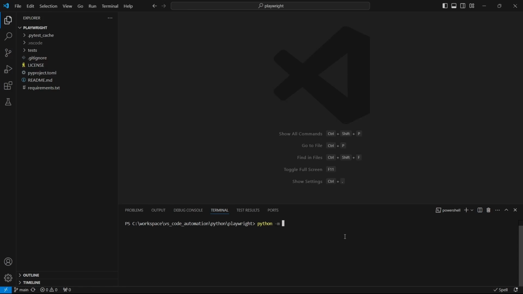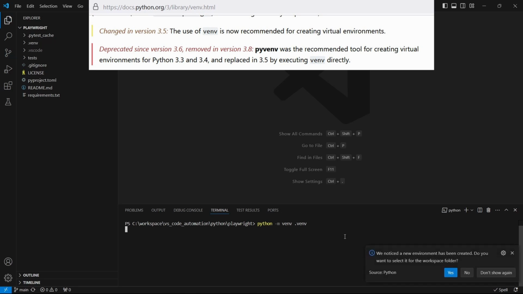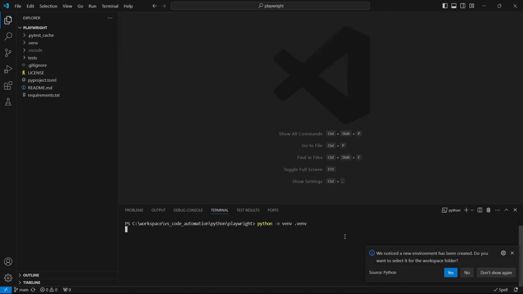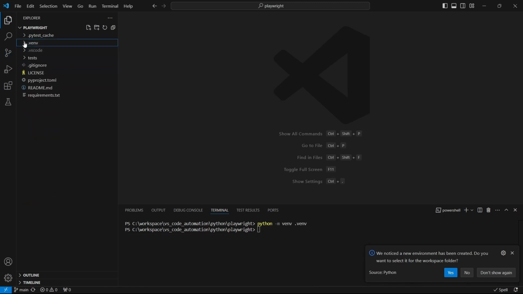The first step is to make sure we are under the project folder, and here open a terminal and type in python -m venv and the virtual environment folder name, for example .venv. To start using the virtual environment, we have to activate it. Run the following command in the terminal: